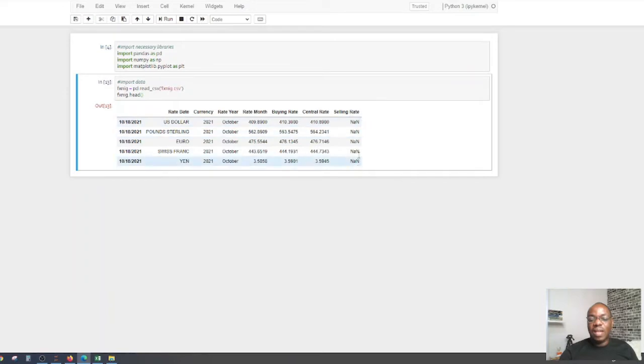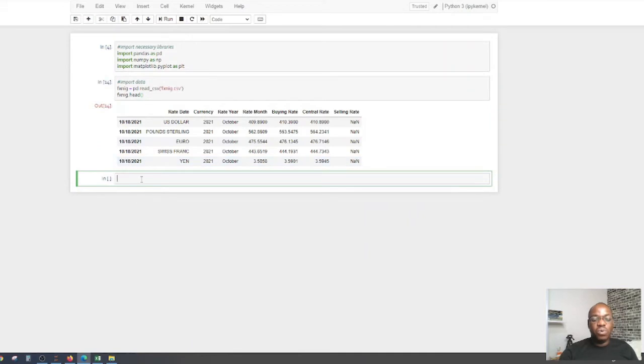And then you see the last one has nothing at all. So we need to fix this. Now, to do this, let me just shift enter to give me a new cell. So even if I try to select the rate date, will it give us the rate dates here? I know it wouldn't, but I just want to prove to you that it wouldn't give us the rate date. So what I need to do is fx